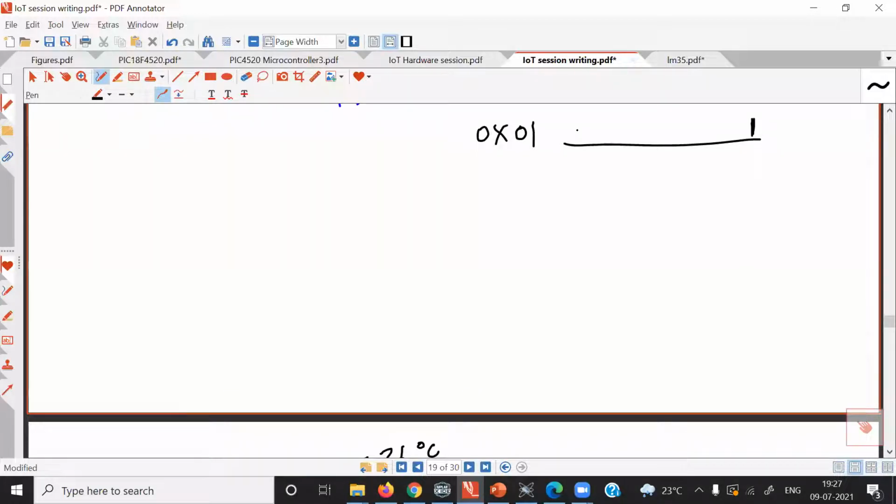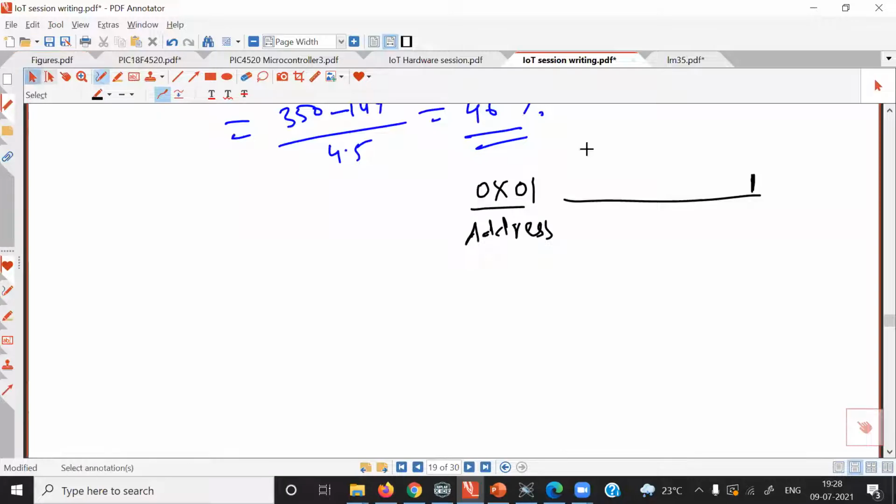It is up to you whether you want to use all 8 bits together to decide the status of the motor, whether it is on or off. So I have used all 8 bits together. This is the address. So when this address contains hexadecimal data, let me talk in terms of hexadecimal data. You can also make use of binary bits. It is up to you. So when this location contains 0x00 data, the motor is off.